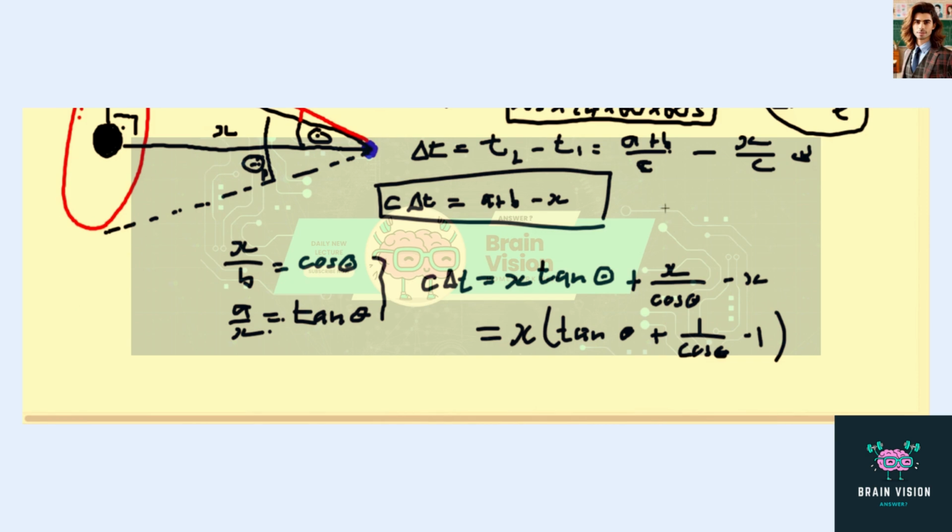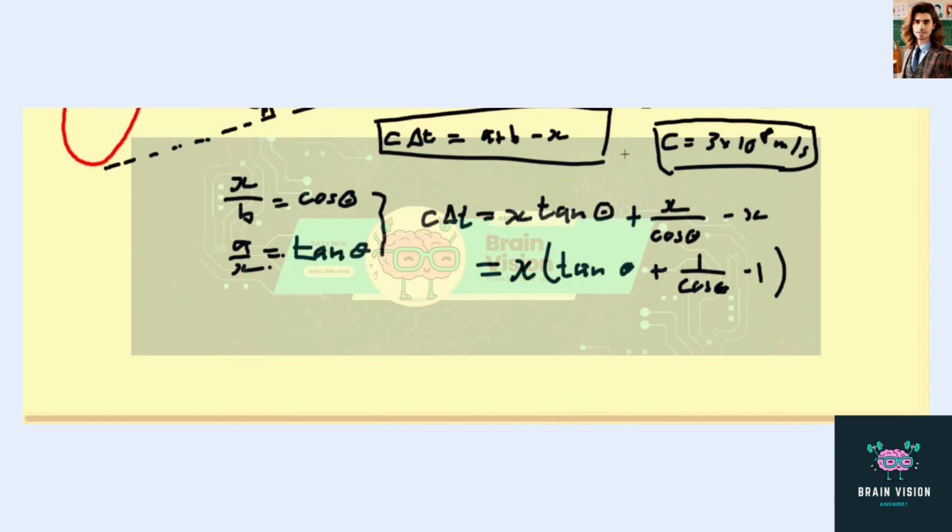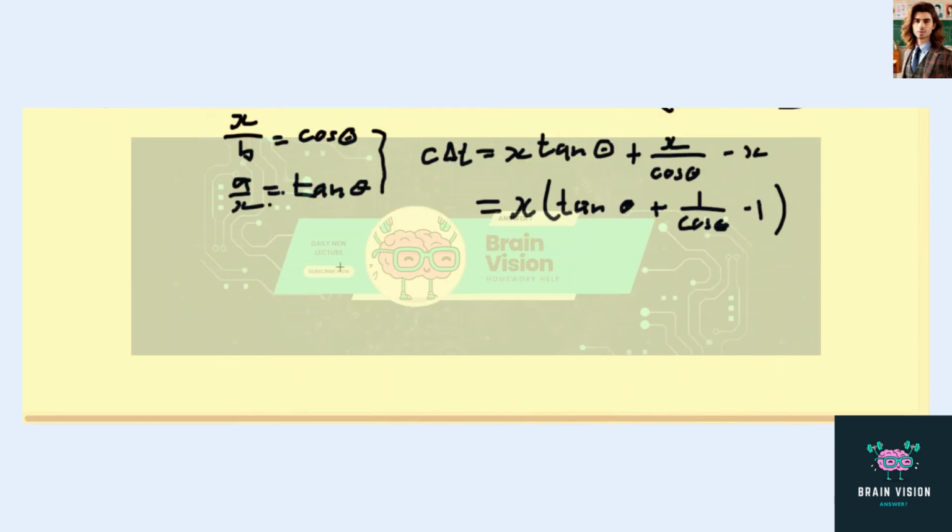We use the speed of light, which is just the usual 3 times 10 to the 8 meters per second. So we use this value, and we use this value of the angle theta, which is a half times 0.81 divided by 3,600 degrees. And so if you plug this in, then you get that x is equal to